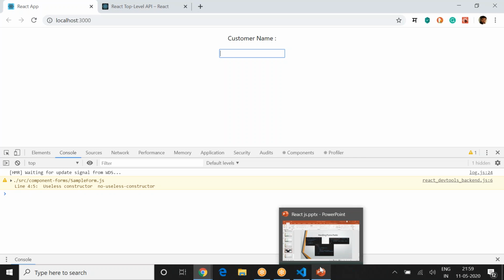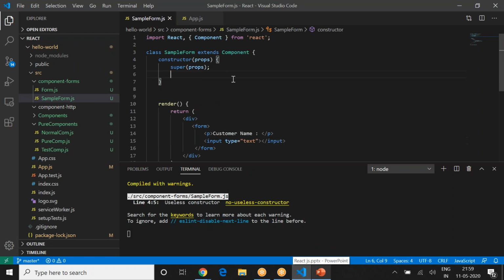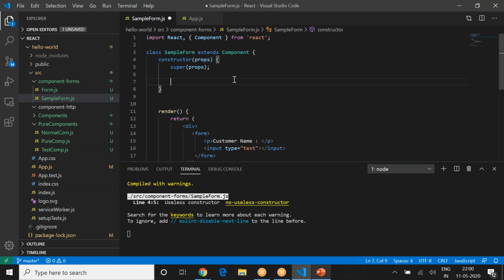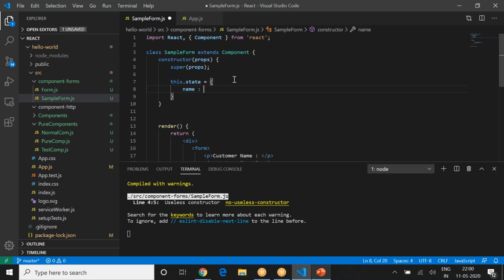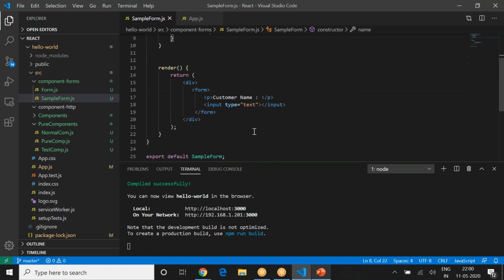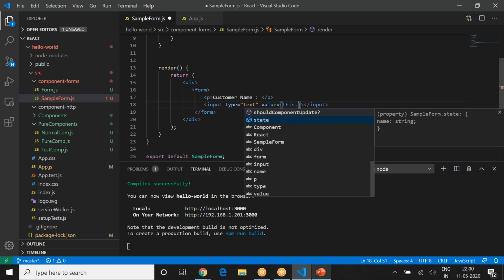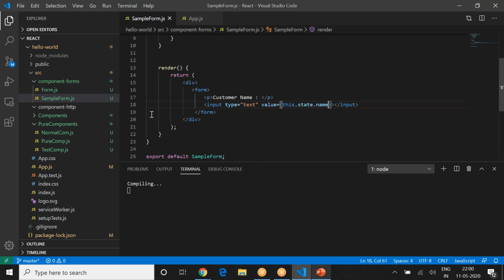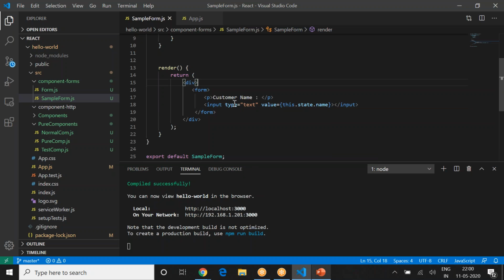Good with that? So let's actually add our binding into it. So how do we do that? For every field we generally create a state object which will bind that particular thing into state. So for that you just add a state object, and set that state, let's say this is name colon, and then you have this name here. Good. Now you can actually add that as a value here. So value, and here you can specify that value as this.state.name. Fine. So now can I go back and see what happens?